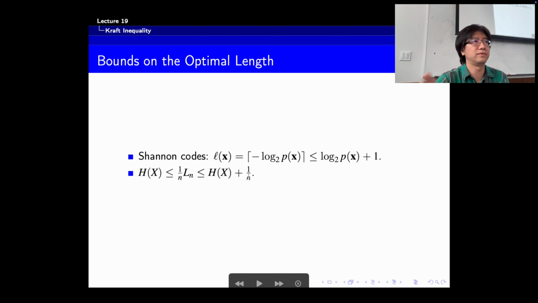When n goes to infinity, this will disappear. But in practice, n is never infinity; it's finite. Therefore, this may not be negligible, because note that this is the average code length, l_n over n. So in practice, if n is not very, very large,